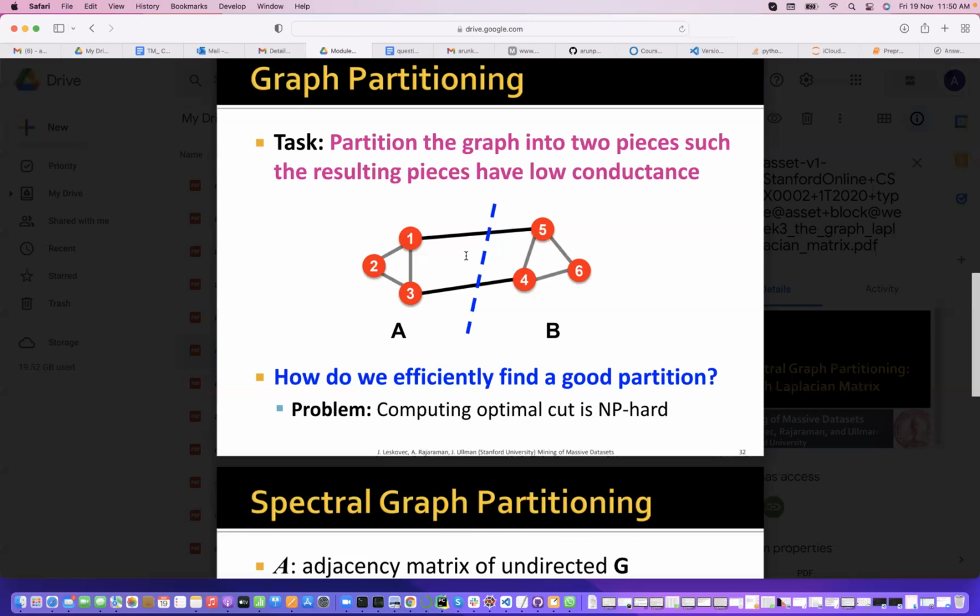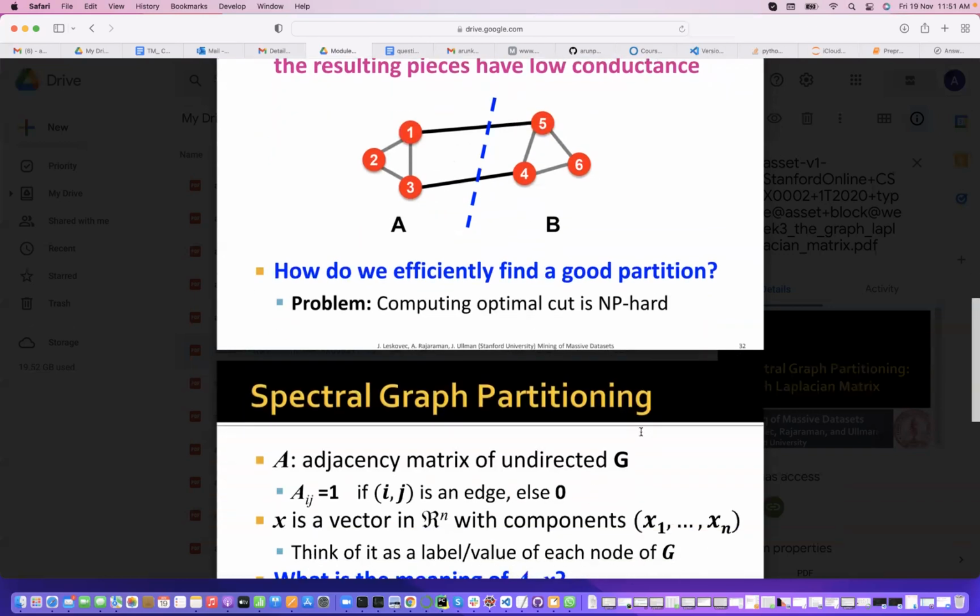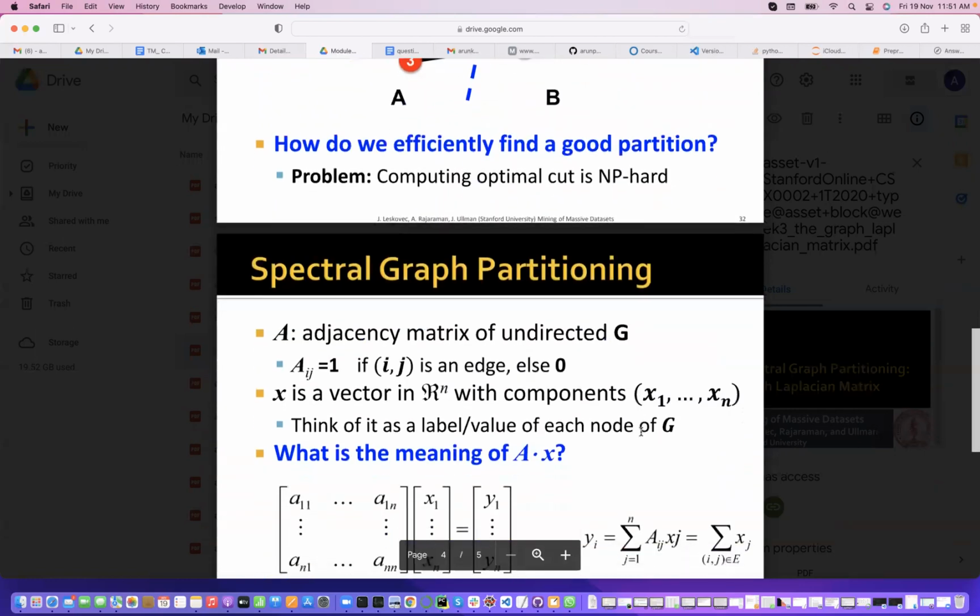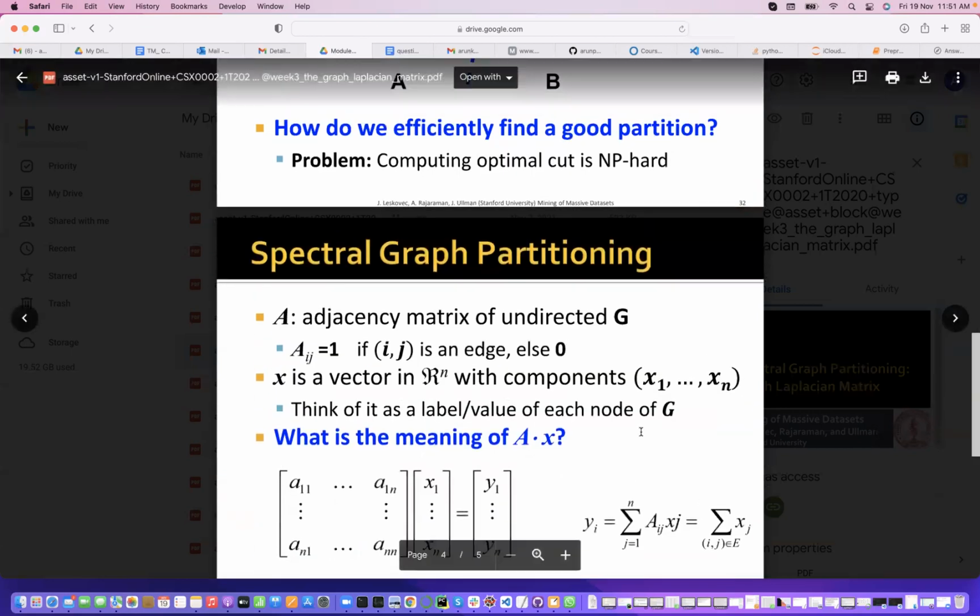Then again, you need to compute the conductance for each partition, and take the partition which has less conductance. That's why computing the optimal cut is NP-hard. So we should leave out trying that. If n increases, for example Facebook may have billions of nodes, then 2 power billion is a very huge number; think of how much storage you require at least to store those digits. So we need to see other methods.